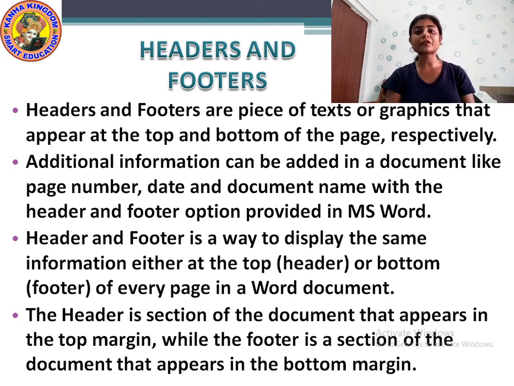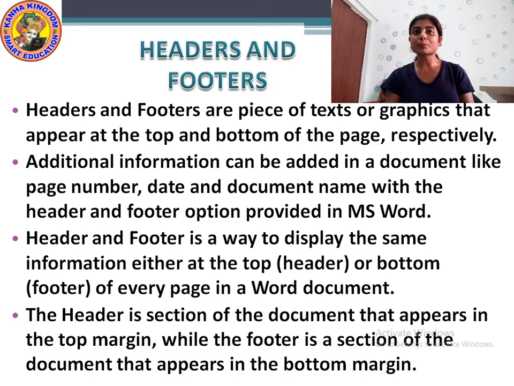It is a piece of text or graphic. That means not a big paragraph to be written. It is only a text or graphic that appears at the top and bottom of the page. In the Word, you will find the page, and there you will find the header and footer, which is a piece of text or graphic that is written on the top or at the bottom of the page. Alright, then additional information can be added in a document like page number, date, and document name